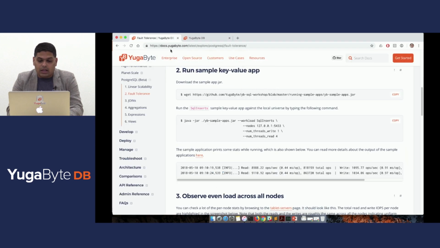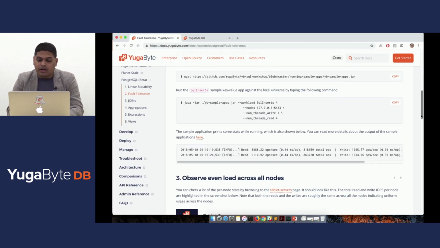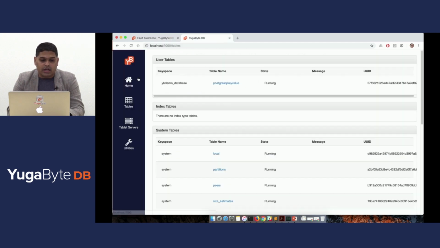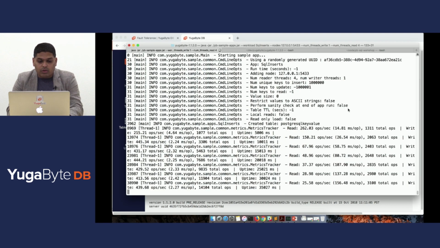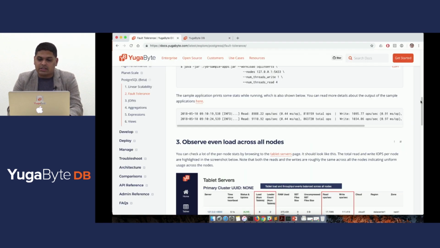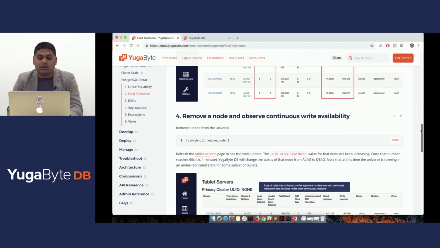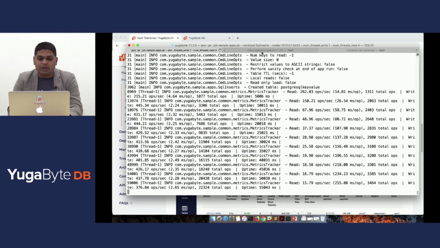in the UI. Now that the system is up and running and actually taking active load, we can see that each of the nodes are evenly getting reads and writes being served out of them. Now, the big question in fault tolerance is what happens when one node dies or gets partitioned off in a multi-region setup, because we are talking about the internet's wide area network, which is inherently unreliable and sometimes has high latency. So I'm going to simulate that environment by simply